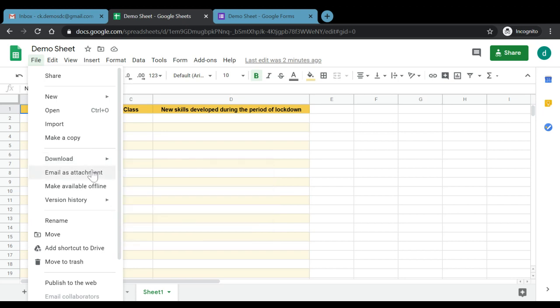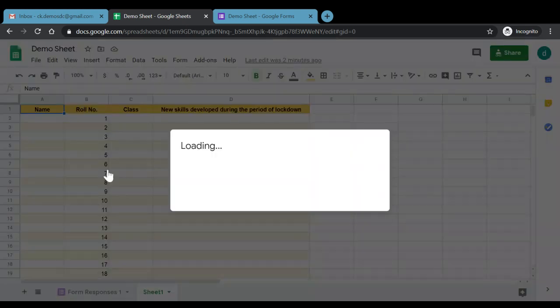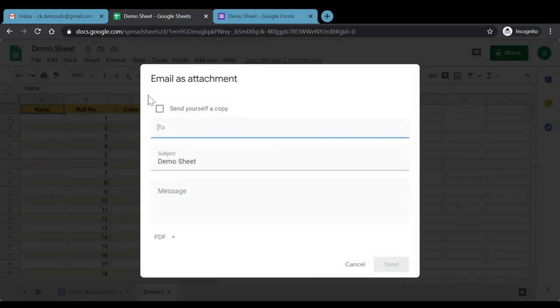Further, if we want to email the spreadsheet as an attachment, generally what happens, we open our Gmail ID, we click on compose, then we attach the respective file, we enter the email ID, we type a message and we send. Google spreadsheet makes the work easier. You can directly email the spreadsheet since it has been attached to your email ID. So all you need to do is mention the recipient's ID along with the message.